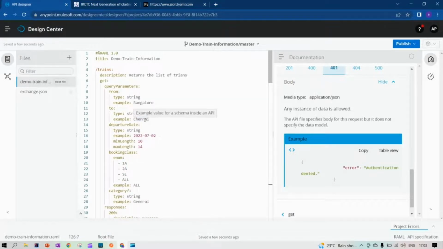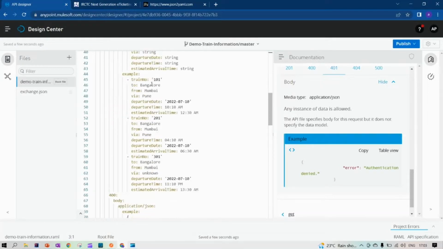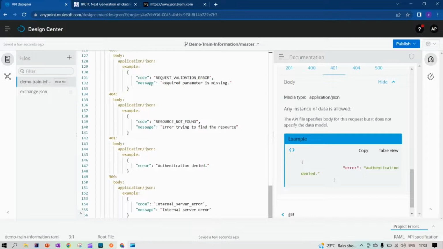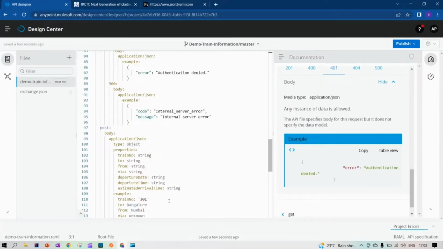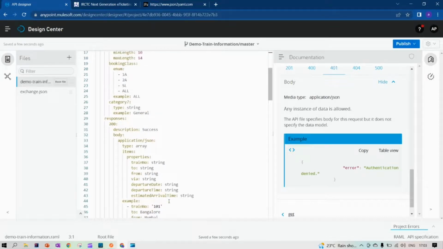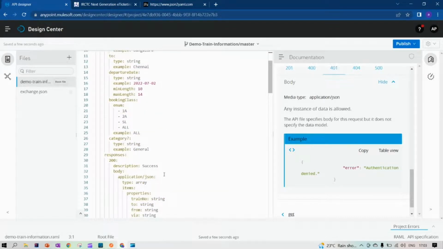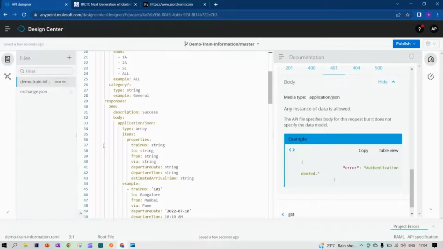We have not added the description at many places. We don't have the documentation, protocols, data types, and anything. Nothing is there. But still, if we see the root file, it's very huge. It's almost 155 lines already. So let's try to reduce the number of lines in this root file, and let's see how to organize the